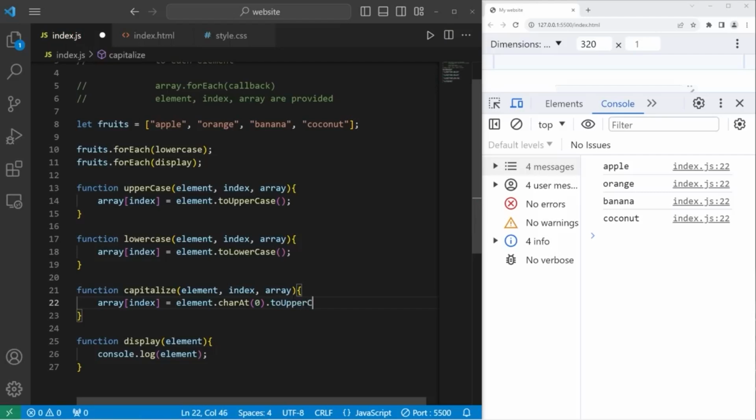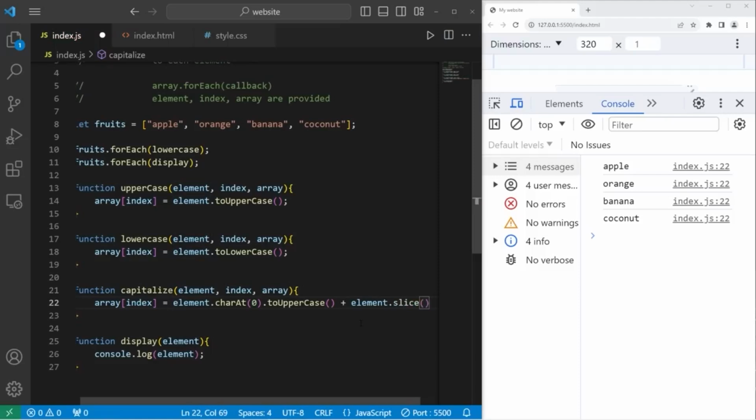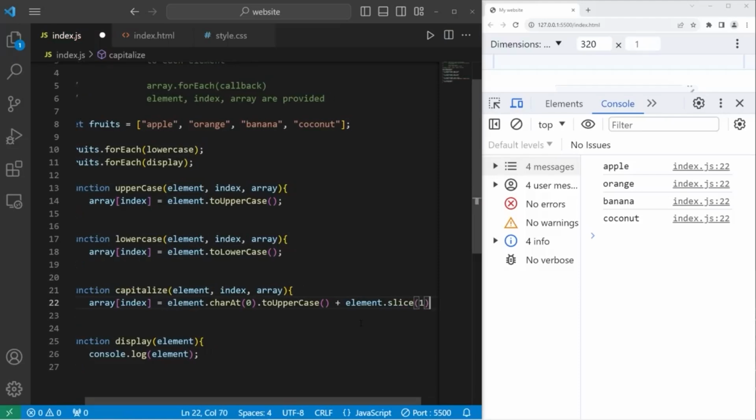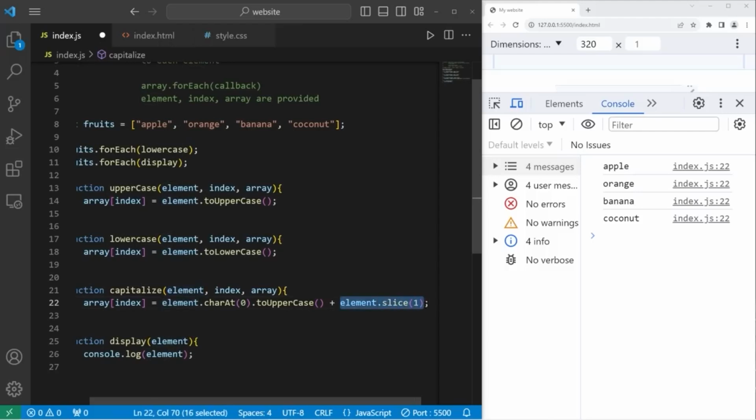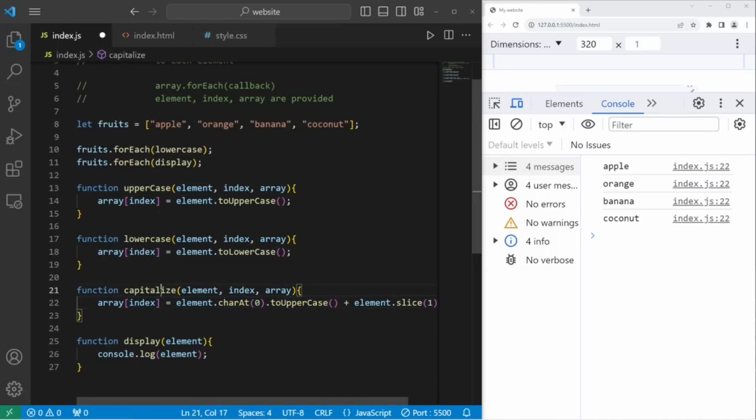toUpperCase to make this letter uppercase. Then we will string concatenate our element, use the slice method. We'll create a substring, begin at index 1. This portion is going to create a substring of every character besides the first. The first character we're going to make uppercase. So now this should work. So let's take our capitalize function, pass it to the forEach method, and now the first character in each element